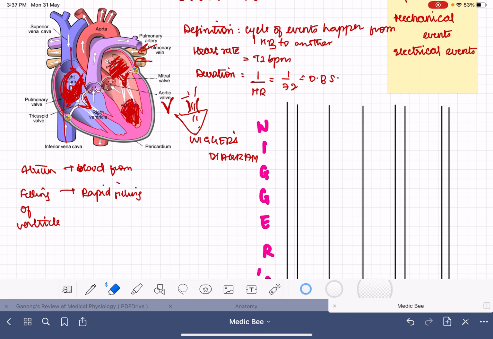The second stage is diastasis. It is called diastasis because the blood is not stored in the atrium. Rather, it comes directly from the veins and directly into the ventricle. It is not stored there because the valves are already open. So the blood coming through the veins will directly come into the ventricle. This is the second stage. And the third stage is the atrial diastole.